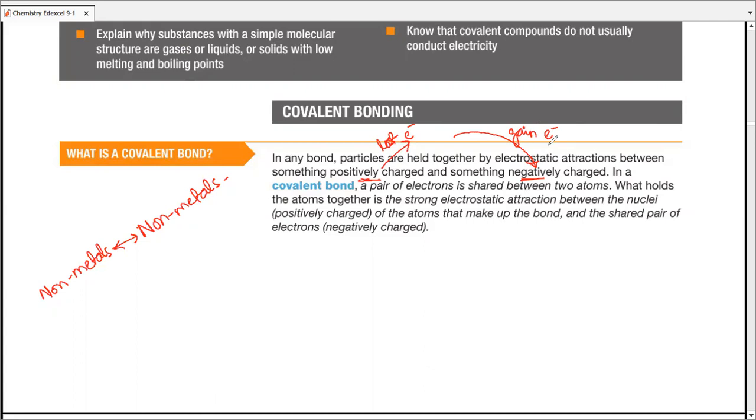That's one fact, by the way, and there may be other options. For example, in covalent bond, a pair of electrons is shared equally between two atoms. This means every atom contributes one electron each, and a pair is actually shared. What holds the atoms together is the strong electrostatic attraction between the nuclei of both atoms. So they form a bond by the shared pair of electrons. So the attractive forces are between the nuclei and the shared pair of electrons.